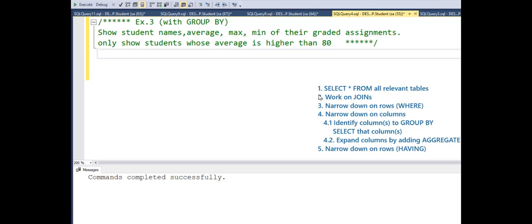But if you follow all these strategies, from step number 1 to step number 5, this can be decomposed into simpler tasks, and SQL can be developed little by little. So let's first work on the easiest one, which is the select star from all the relevant tables, and also work on joins. This time I will do them at the same time, just to save some time. Select star from the 2 tables,